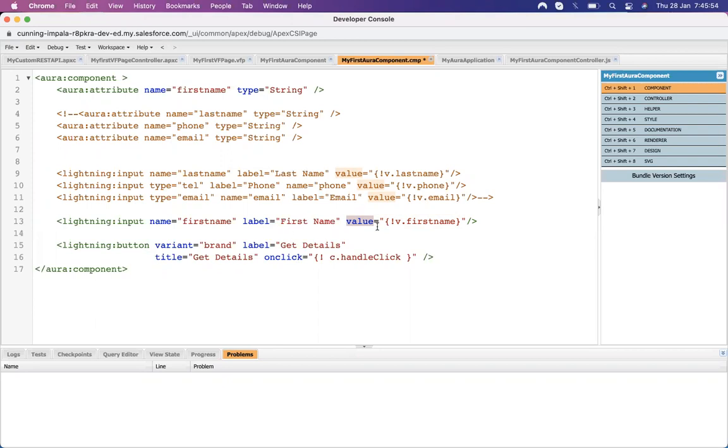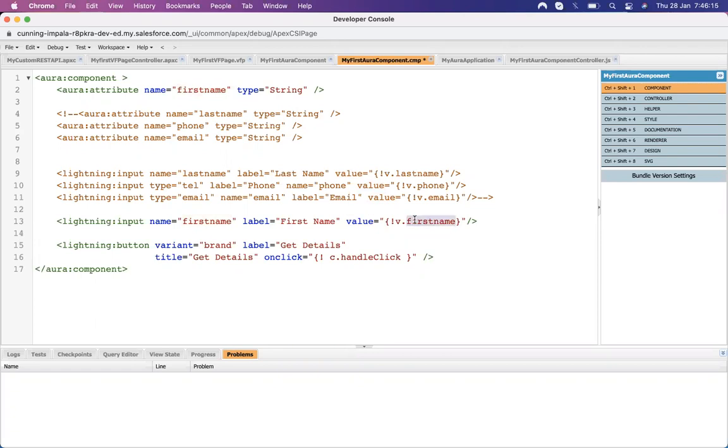So whenever I enter something, it gets filled in here. It's a kind of a variable: whatever I input up here, that value gets initialized or entered into this first name variable. Okay, so it works as a